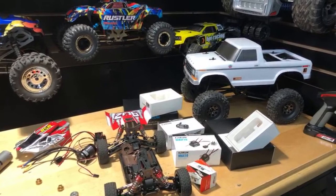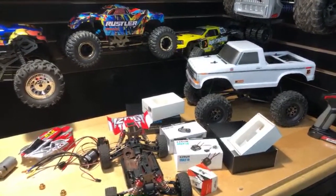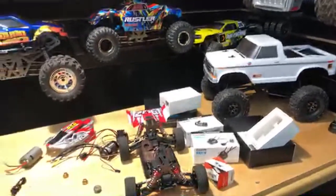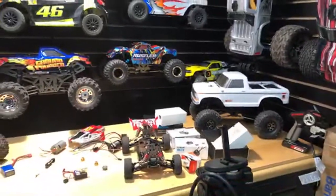Let's see, I use my X Max to bash, but I love it. Clawback is a crawler, you know, claw around, yeah. But let's see here, they are both huge. Yeah, I like the big RC cars. I'm not gonna deny that one. That's why I like them, they have a bigger presence. It doesn't feel like